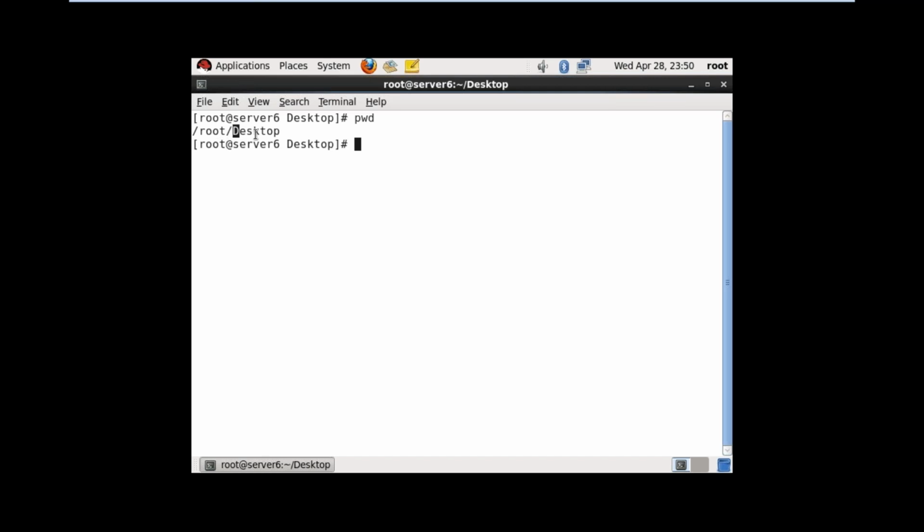Under /root, I am in the folder desktop. Whatever commands we are going to do in Linux, first we have to know where we are. In Windows graphical mode, you can open D drive, open songs, movies or softwares. But in Linux, we are in the command mode, so we have to understand where we are. For that, the command is pwd, present working directory.